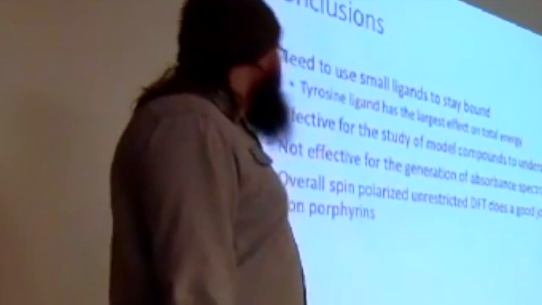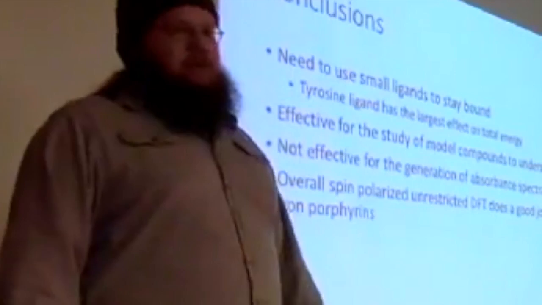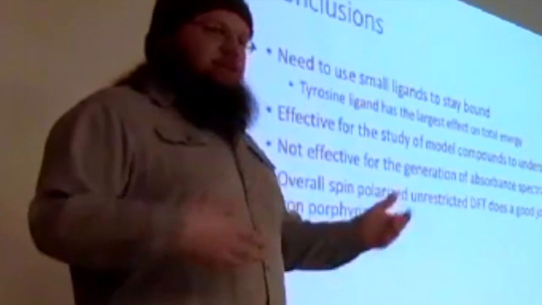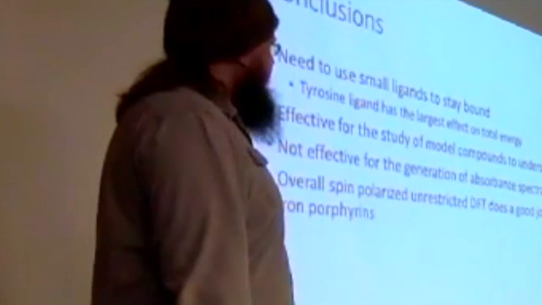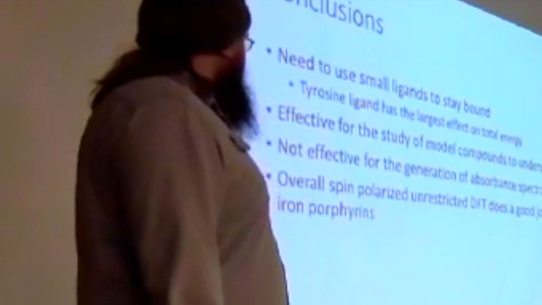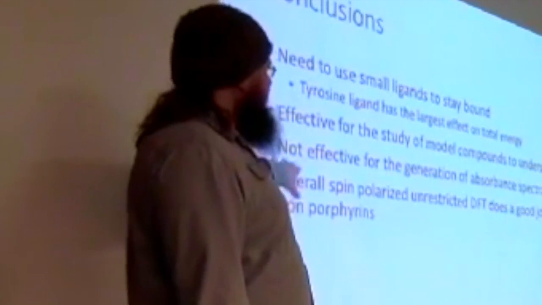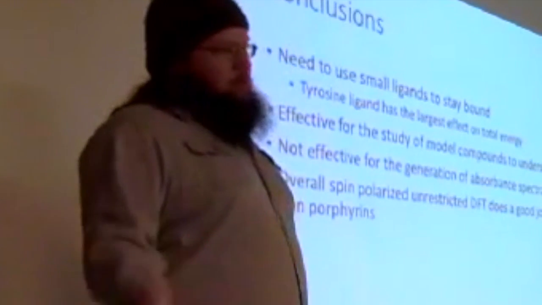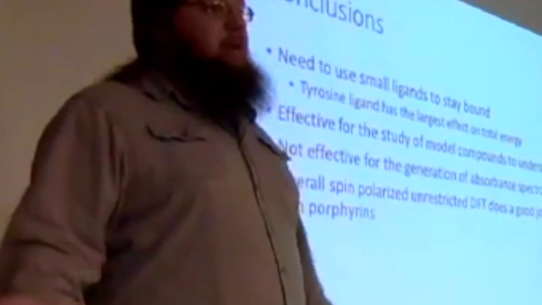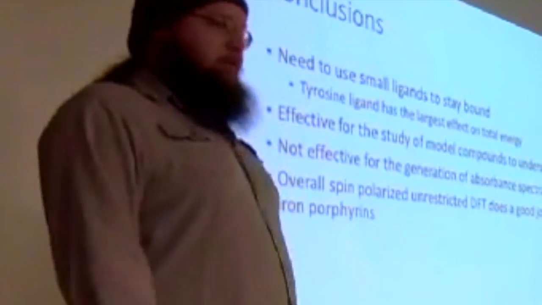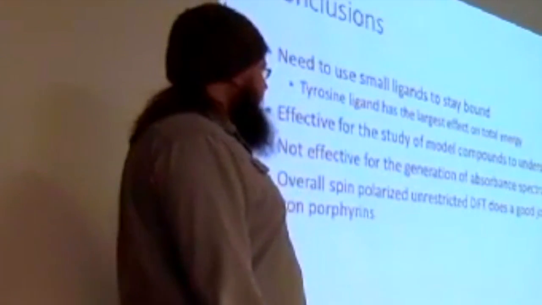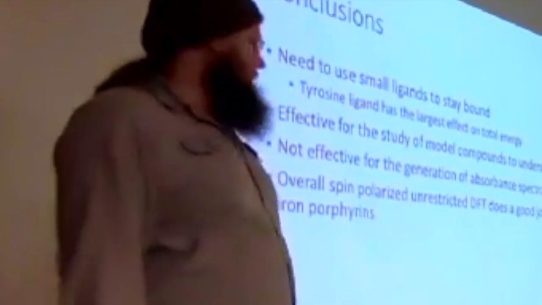So it seems to be a fairly effective way. There's a whole bunch of papers out there on DFT with these porphyrin rings, where they are looking at different ligands, different substituents, that sort of thing, and they have used it to draw correlations to proteins. It doesn't seem to be very effective for generation of observable spectra, but I know I've read several papers where they have generated vibrational spectra, and they match fairly nicely with published experimental results. So that's one thing we can use, but the absorbance spectra don't seem to be as useful, or obviously